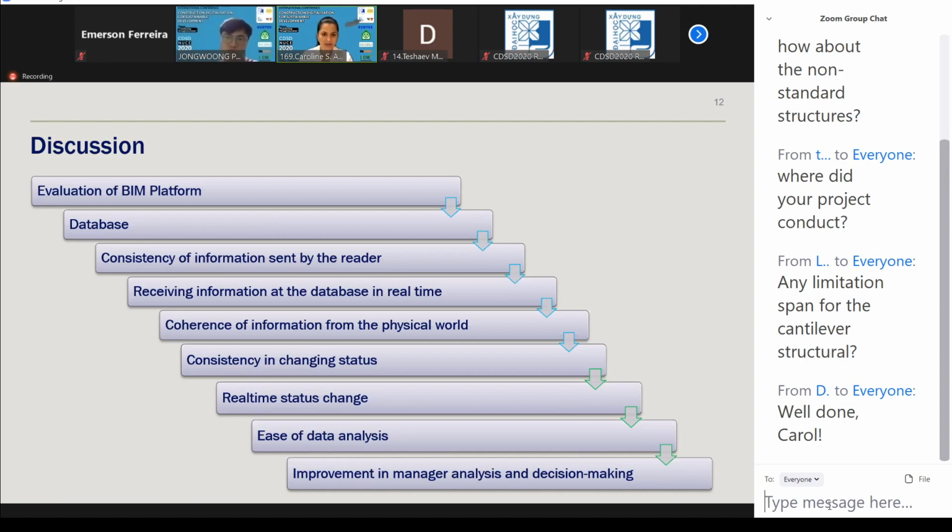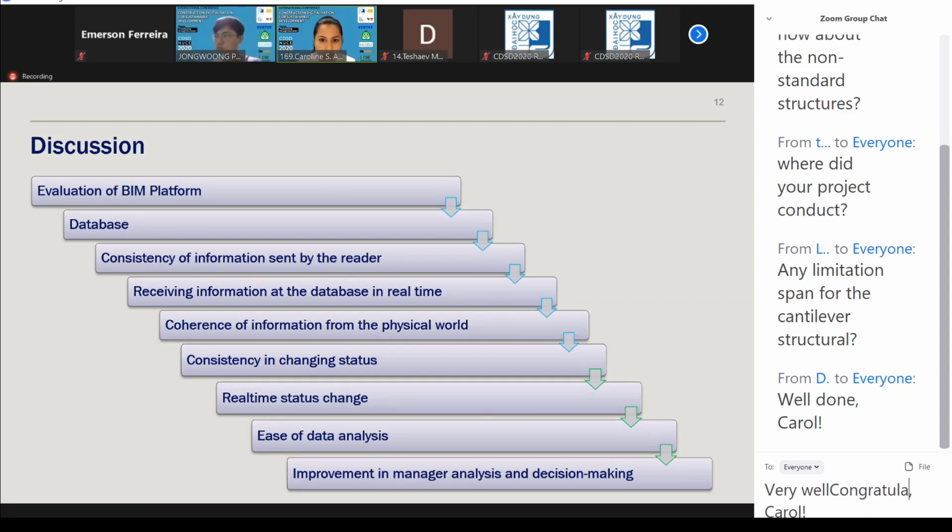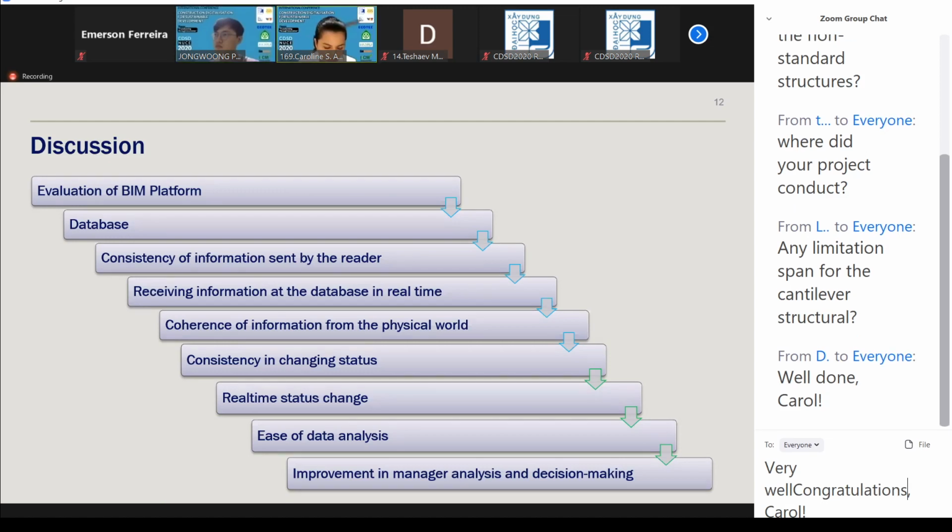We didn't have losses of information. The information received on the databases was in real time too. The data flow in a general way was working well. The coverage of information for the physical world was okay too. What happens in the physical world is really happening in the virtual world too in our systems.